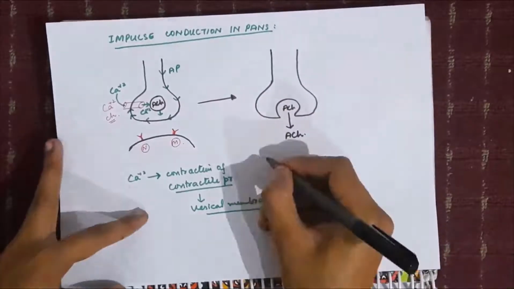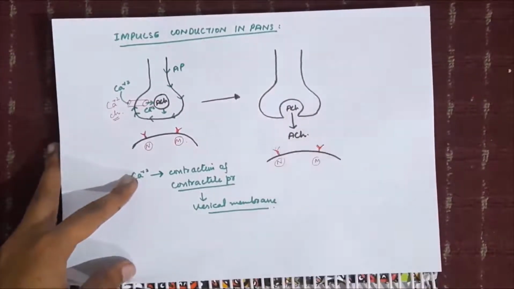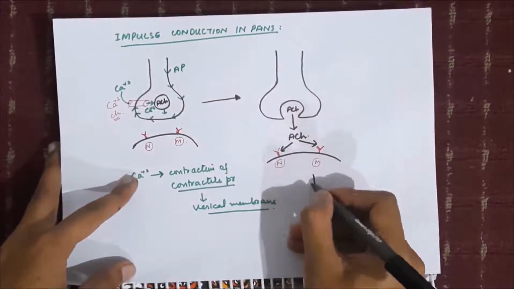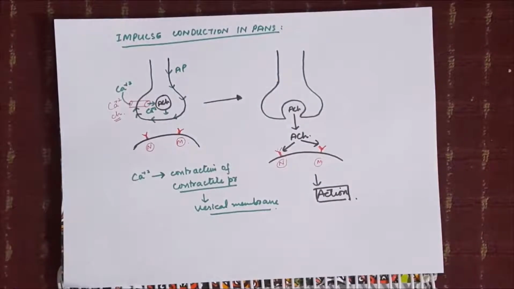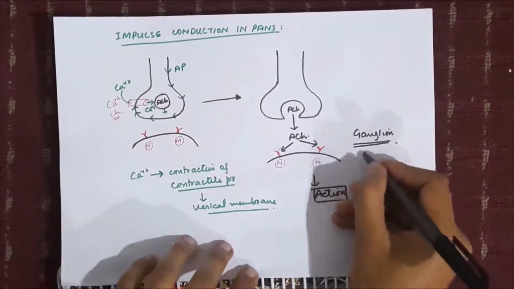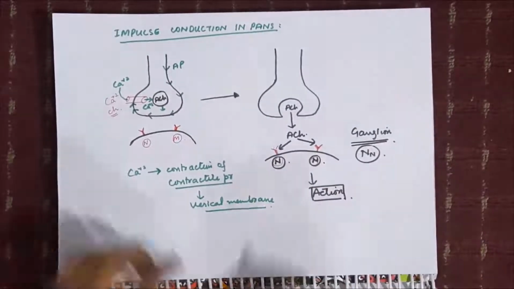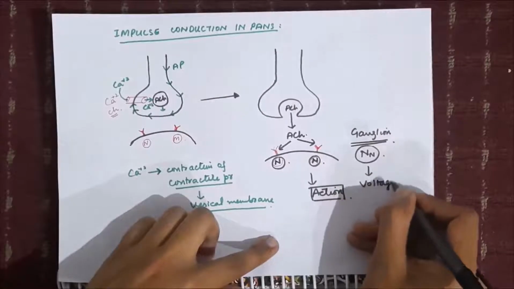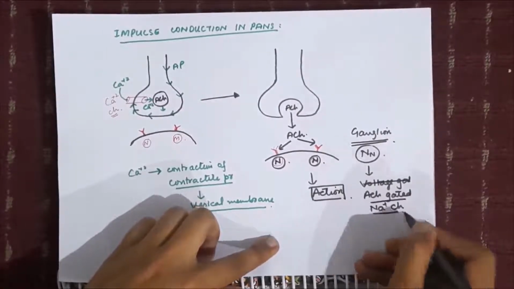And once released in the synapse, they act on the receptors which are present on the postsynaptic membrane. This can be a ganglion or a muscle end plate or some other organ, and it produces the desired action. If it is a ganglion, then the receptors predominant will be NN, that's nicotinic type of receptors. So these nicotinic receptors are actually acetylcholine gated sodium channels, and once acetylcholine binds to these receptors, they will